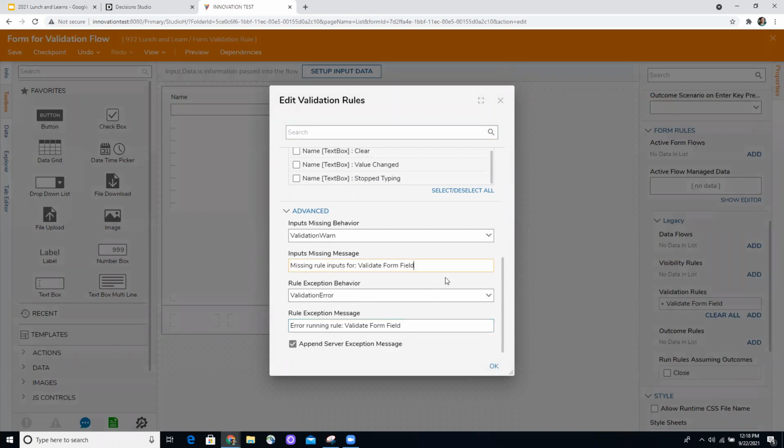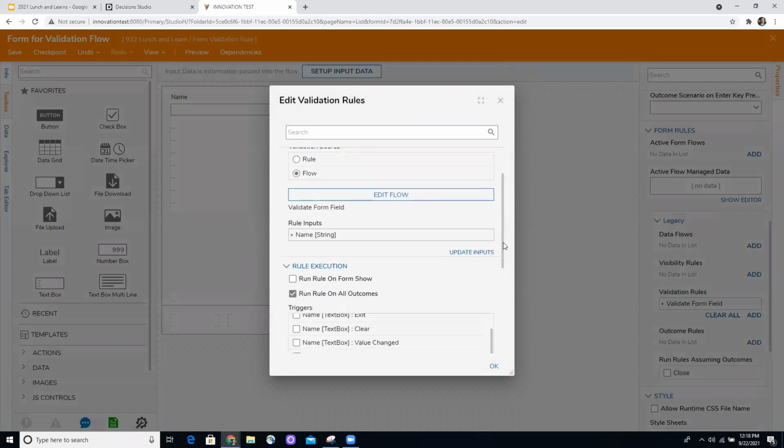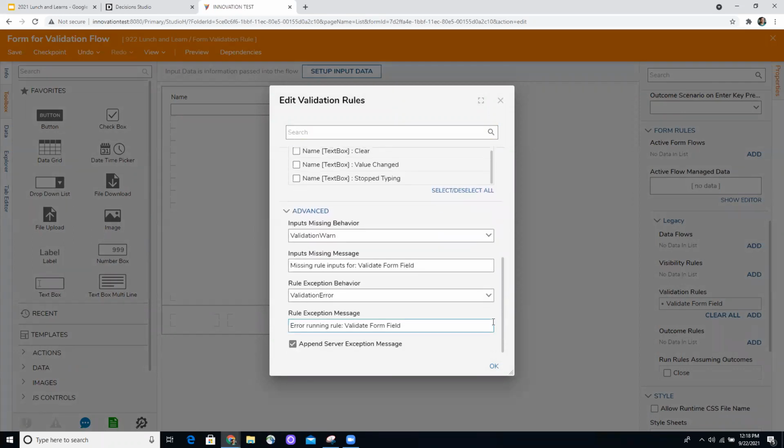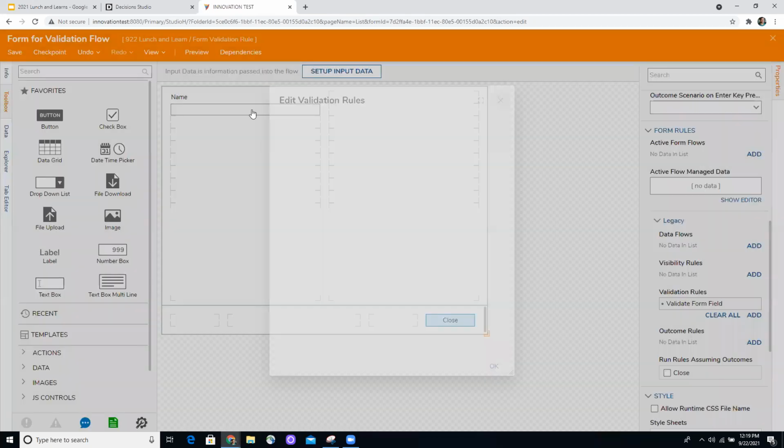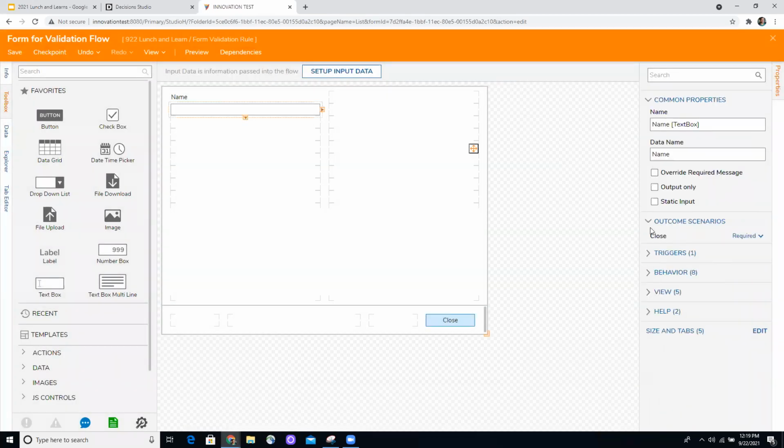Brandon, do you have any idea why I had the duplicate error messages? So we have validation warn, validation error, and server exception message. Do you think it was because of this? It could possibly just be using. It couldn't possibly be that. Oh, because it's probably checked as required. Watch this. You're right. It's probably just defaults.